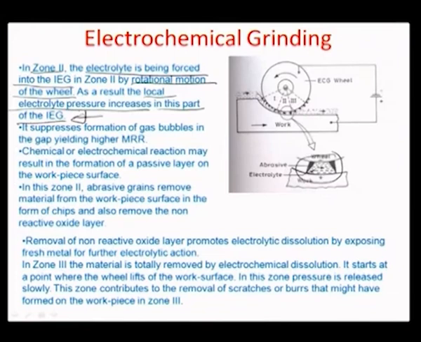So the pressure is very high, and of course it suppresses the formation of gas bubbles, and that results in yielding a higher material removal rate. So whatever gas bubbles are formulated here get suppressed,